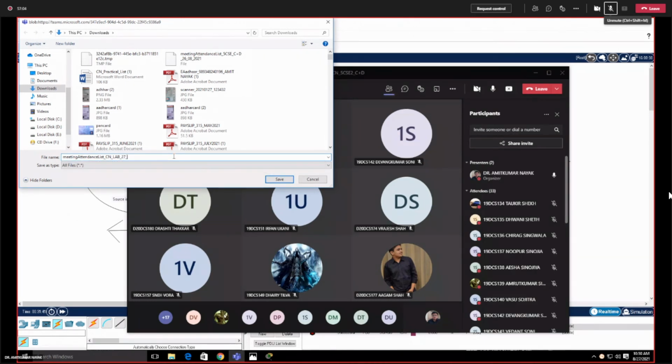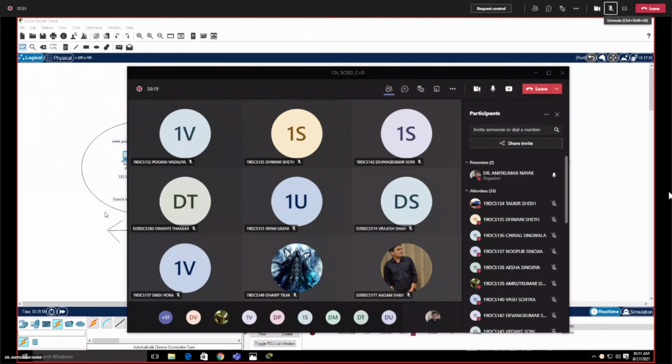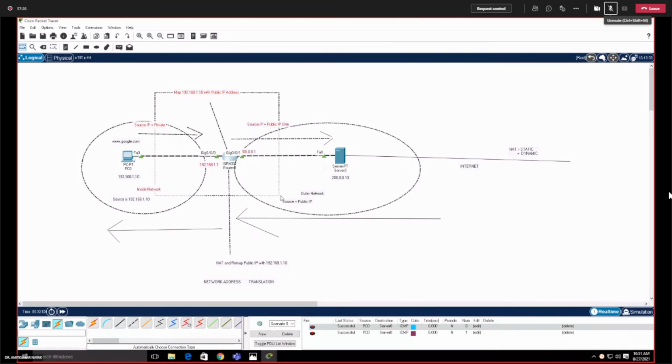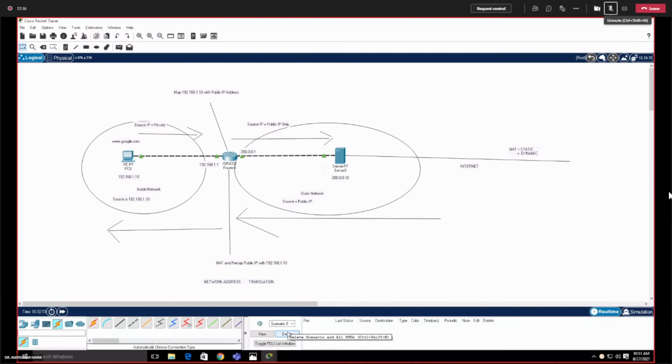But whenever I type google.com, my request will be transferred to the WinSel department, and then the WinSel department will map the private IP address with a public IP address, and then send the request on the internet. So the important point is why we have to map the private IP address with public IP address at router 0. Do you have any idea?